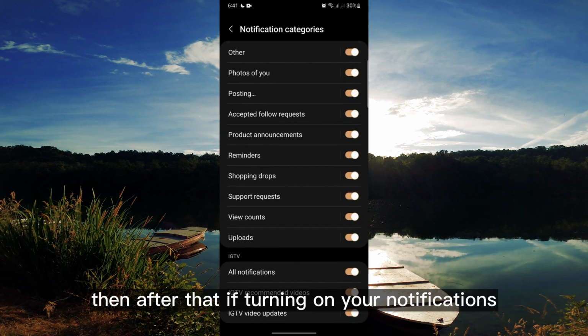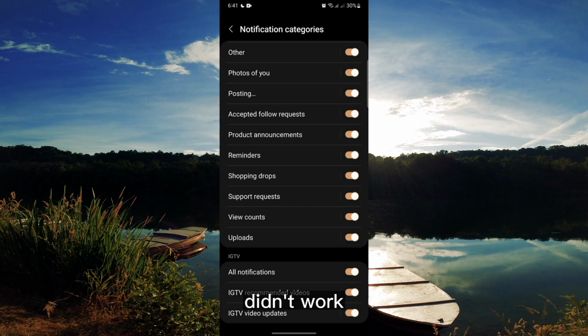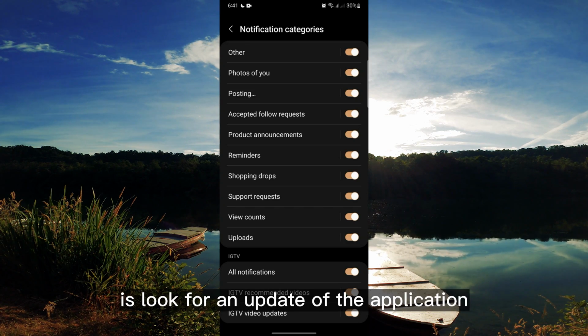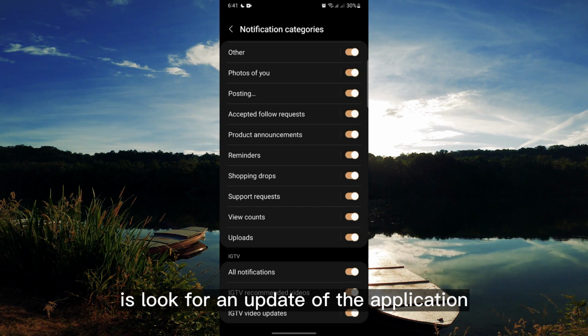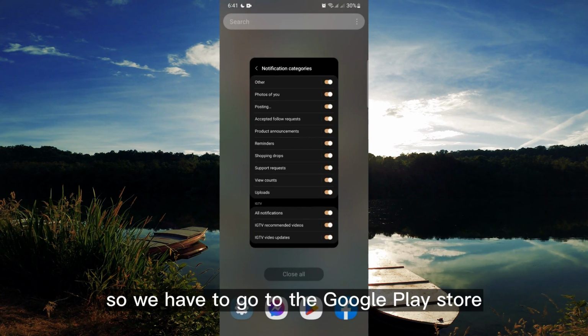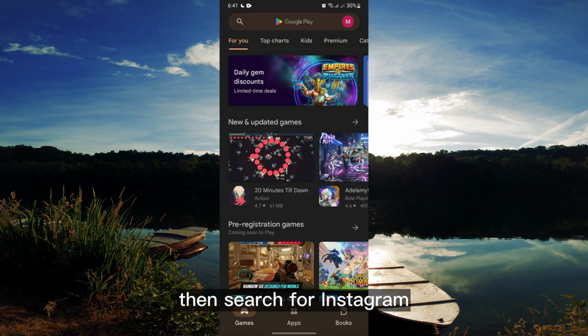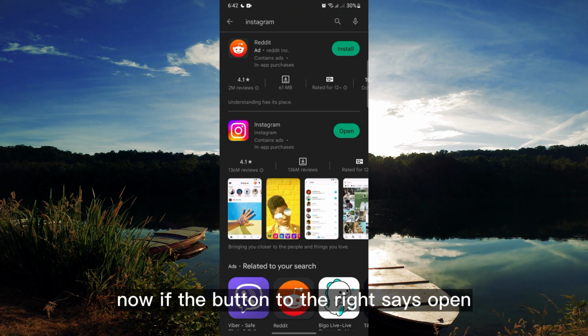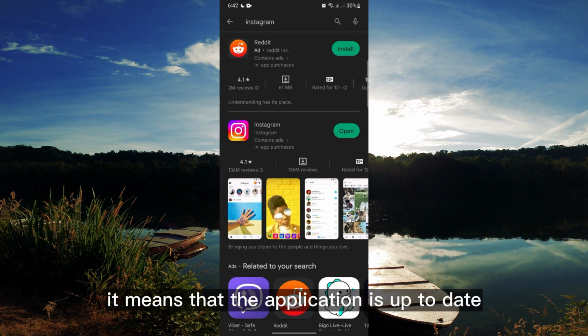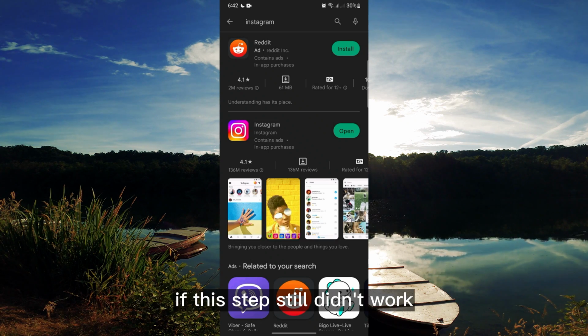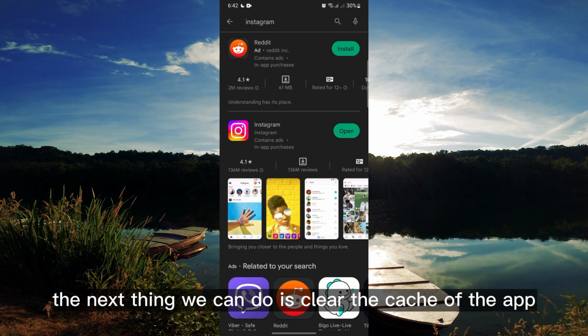Then after that, if turning on your notifications didn't work, the next thing we can do is look for an update of the application. So we have to go to the Google Play Store. Then search for Instagram. Now, if the button to the right says open, it means that the application is up to date. If this step still didn't work, the next thing we can do is clear the cache of the